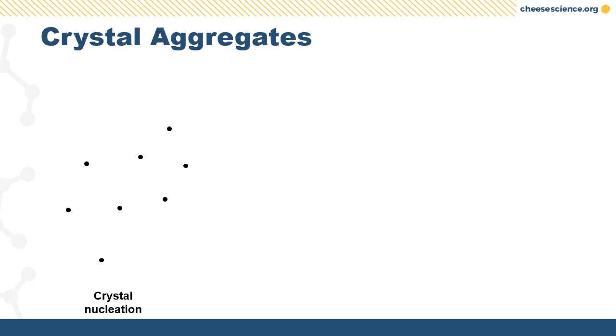Now let's talk briefly about crystal aggregates. Crystal aggregates are caused by crystals growing and merging into each other. So there are two steps of crystal growth. There's what's called nucleation, which is sort of the start of crystal growth, and then there's the actual crystal growth itself. So here we're trying to